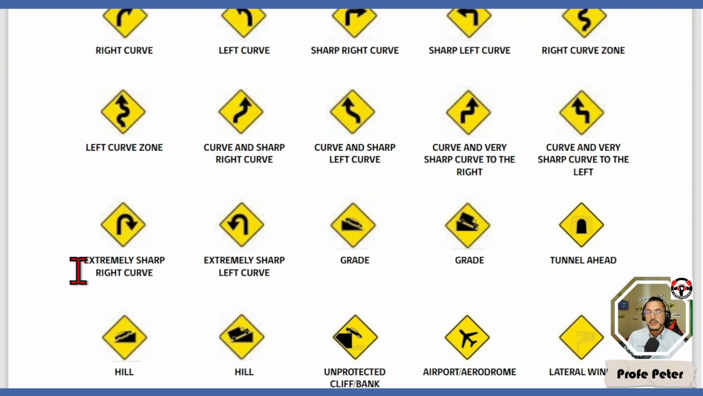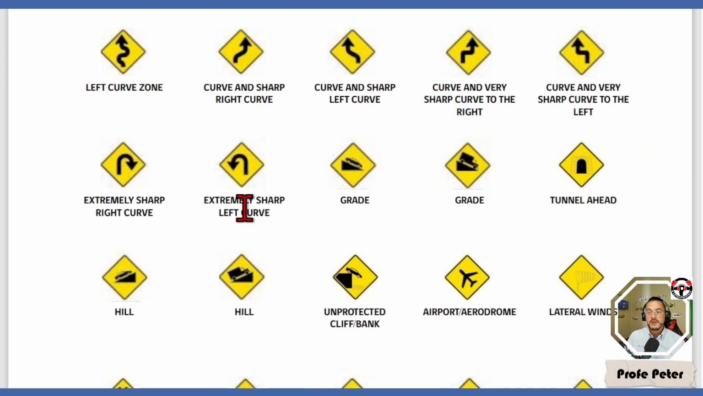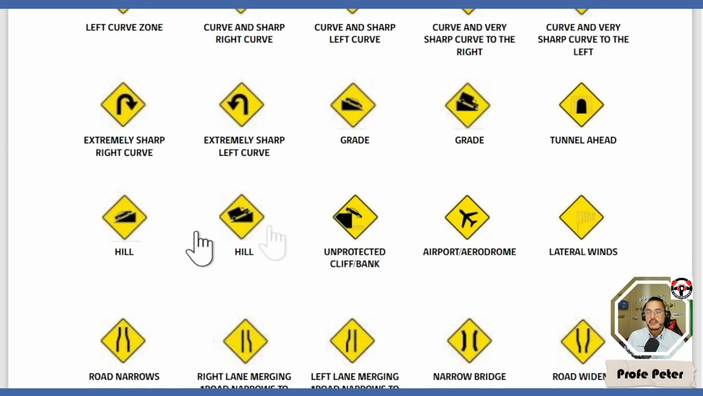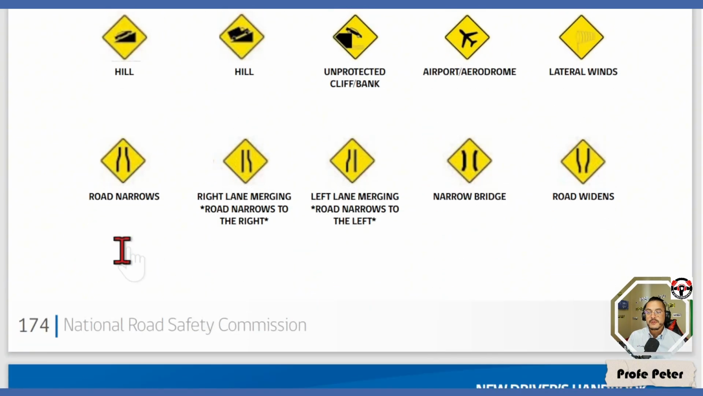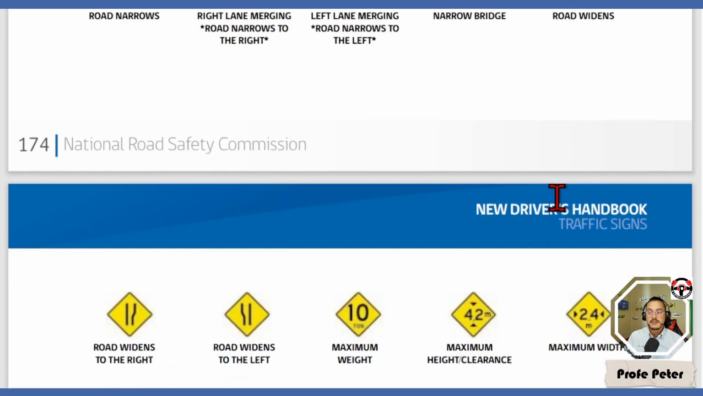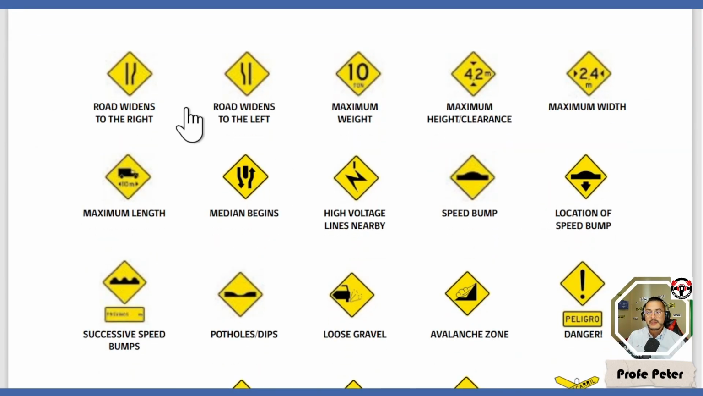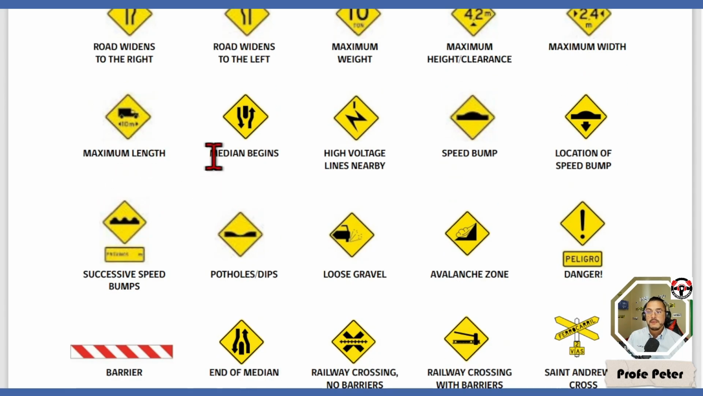curve to the left, extremely sharp right curve, extremely sharp left curve, a grade, also grade, tunnel ahead, hill, also hill, unprotected cliff, airport, lateral winds, road narrows, right lane merging, road narrows to the right, or left lane merging, road narrows to the left, the narrow bridge, road widens to the right, road widens to the left, maximum weight, maximum height and clearance, maximum width, maximum length, median begins,